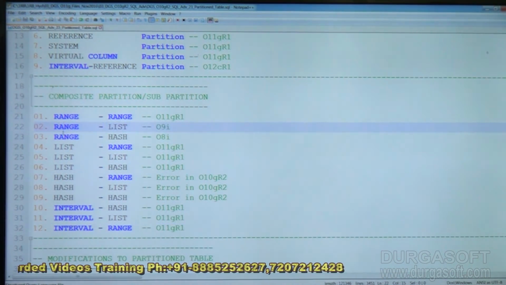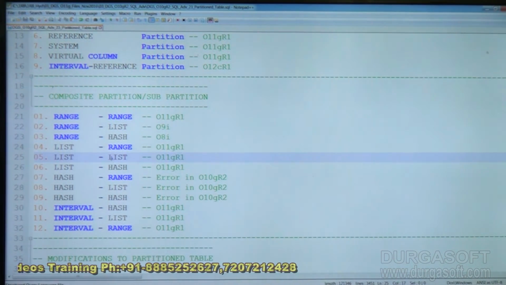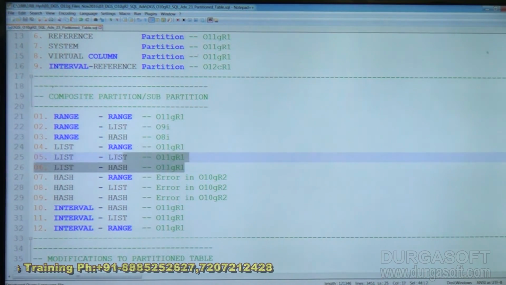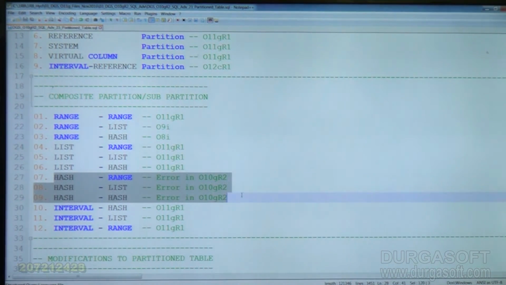Range list, range hash, list range, list hash. These three were added in 11G. The list combinations, list as the primary partition and others as sub partitions. Hash combination, hash as the primary partition and others as sub partition is not available